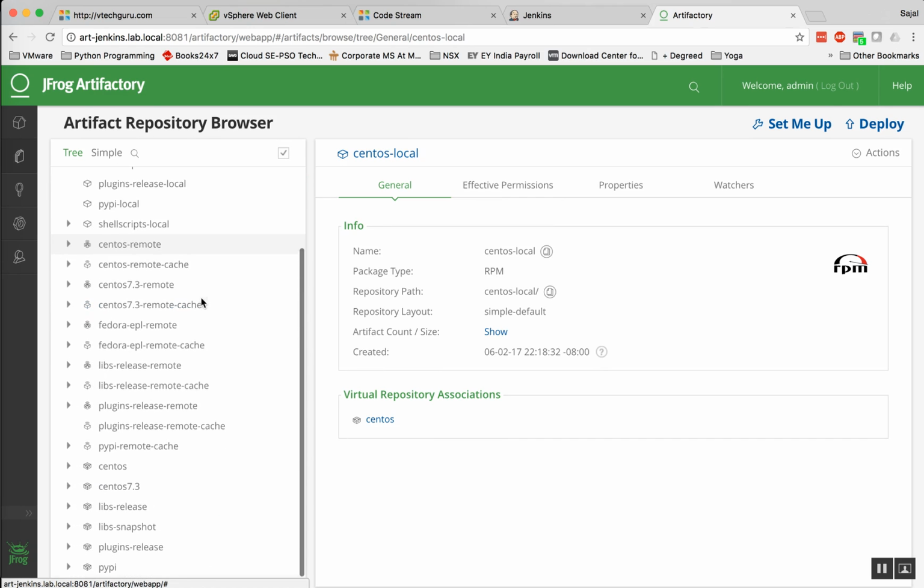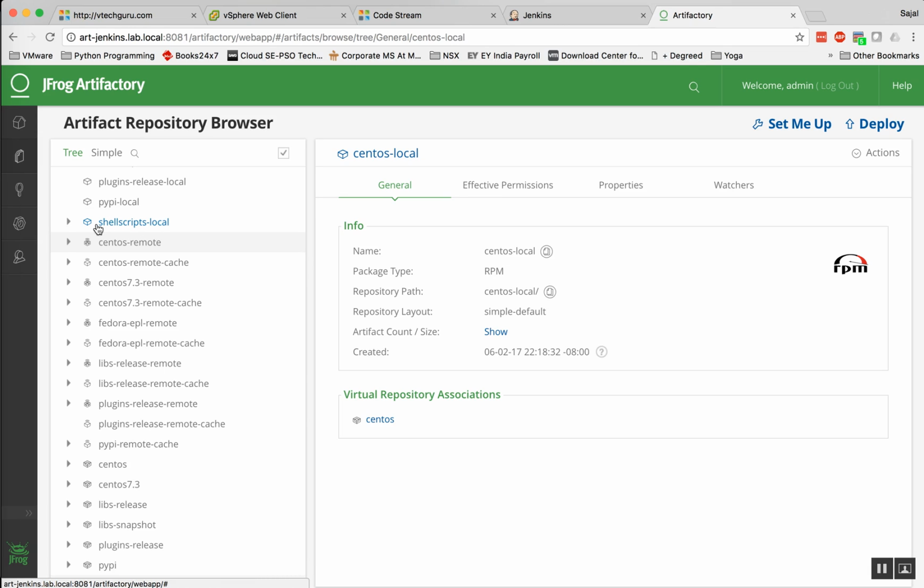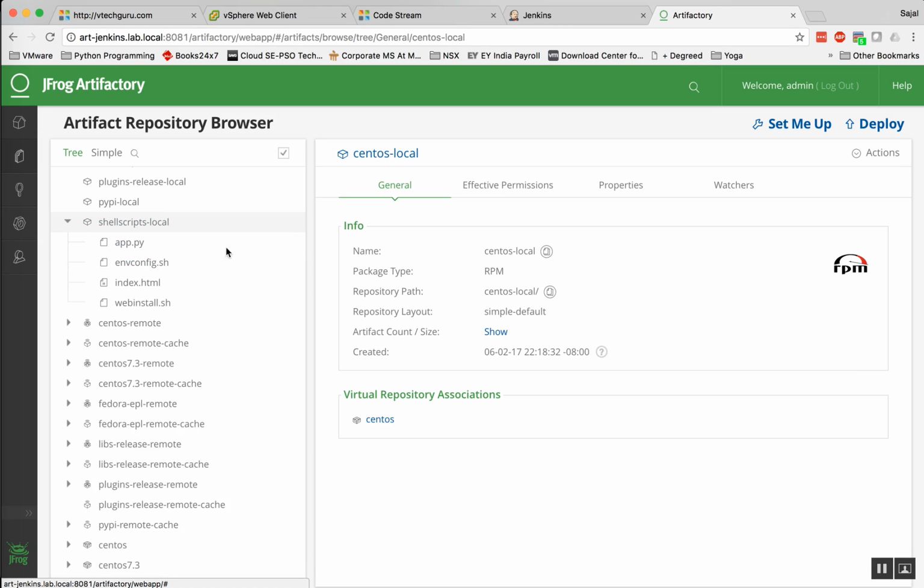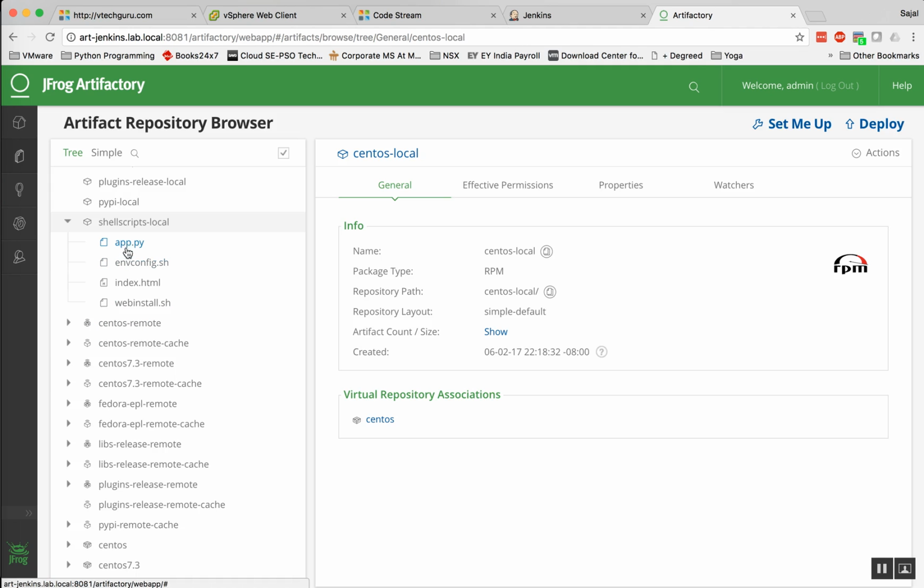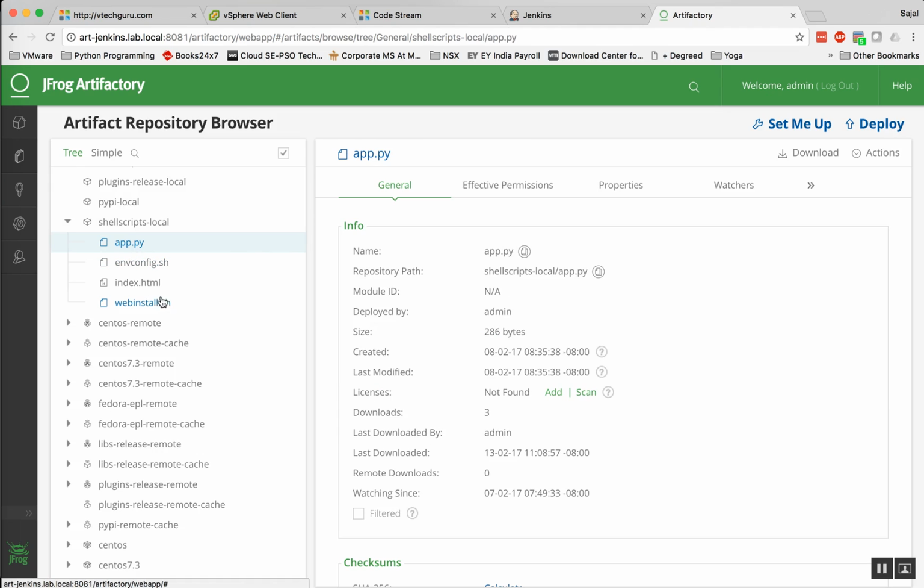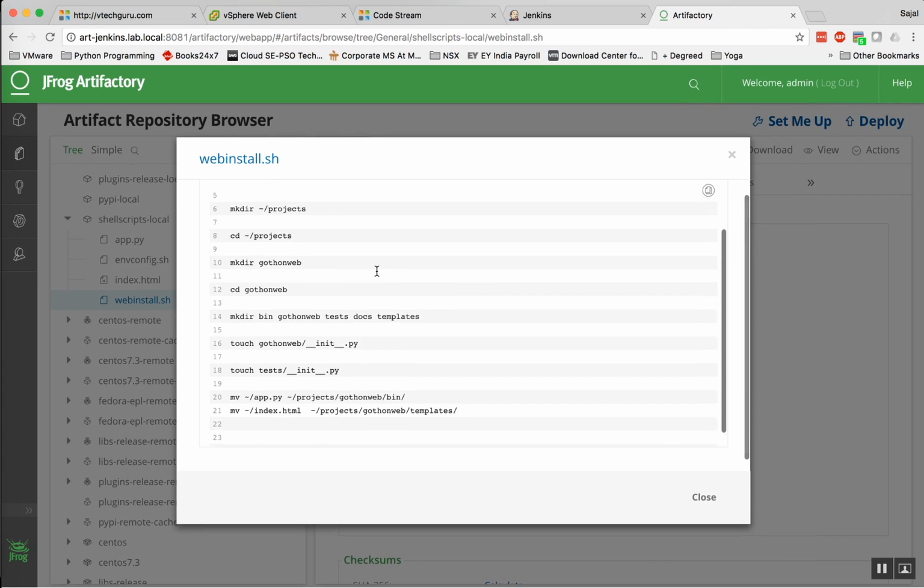Similarly, if you remember, I had created a shell scripts local repository. I have uploaded certain deploy files. You can configure, you can click on deploy, and you can see that you can drag and drop files here. So I have uploaded certain files like app.py and webinstall.sh, the shell script file. I can view the file that I have configured here,